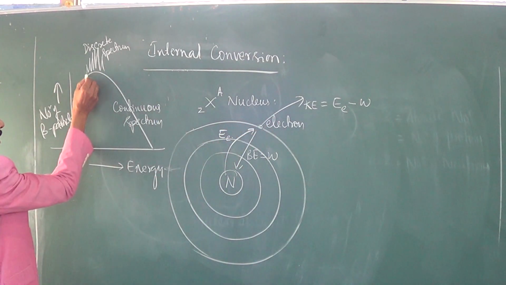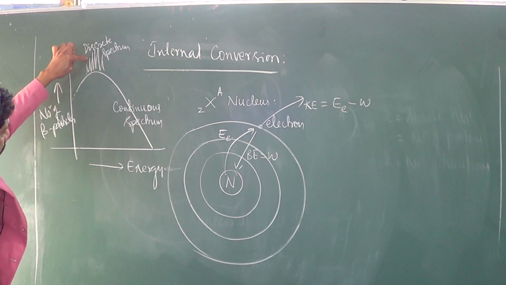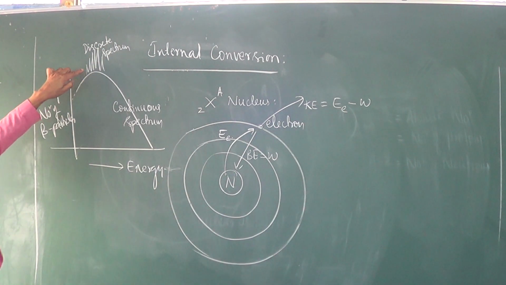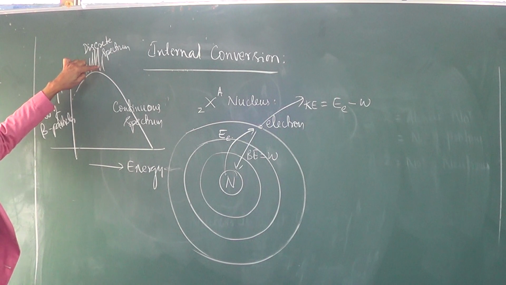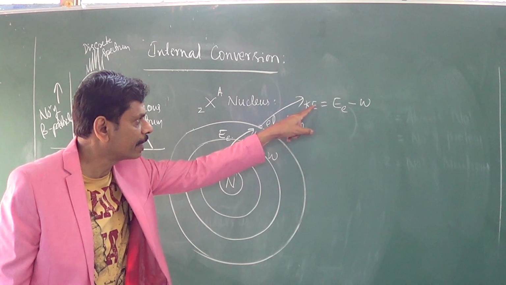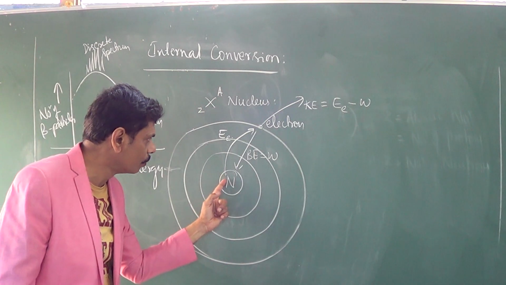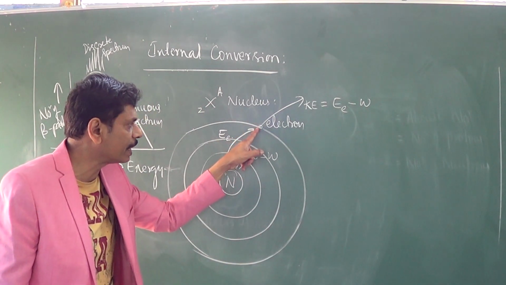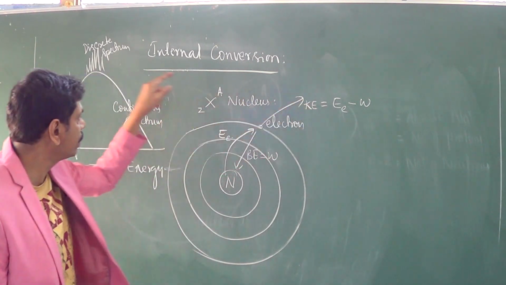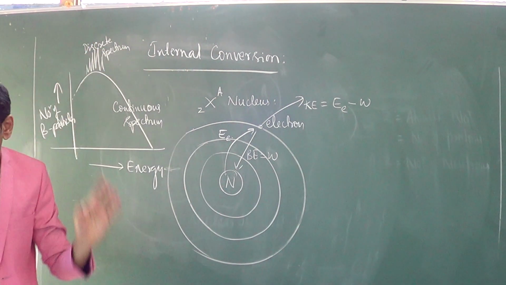That particular energy level is having a discrete value. That is the idea that we have used in the case of beta ray spectrum. We got a discrete spectrum here, because the kinetic energy of the electrons emitted from that orbit, due to this excited nucleus, is discrete. The nucleus gives its extra energy to the electron, and the electron comes out of the orbit with a kinetic energy. That energy is said to have a discrete level here. Therefore, we are getting a discrete spectrum.